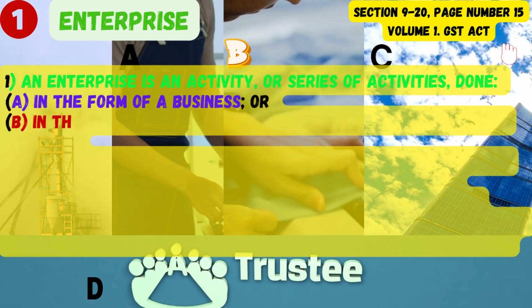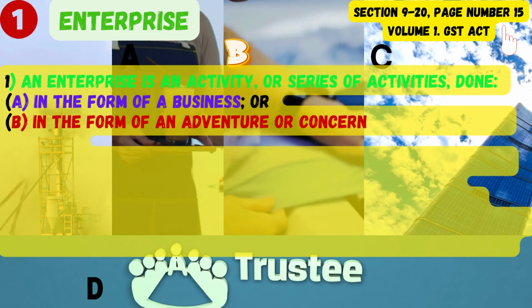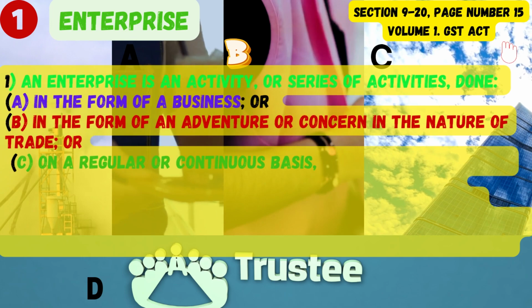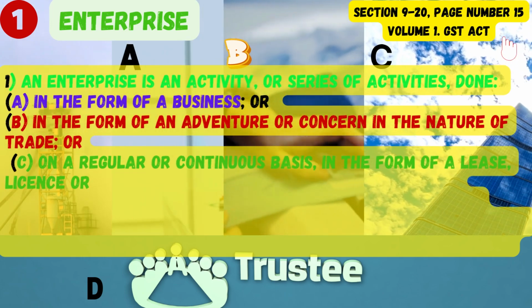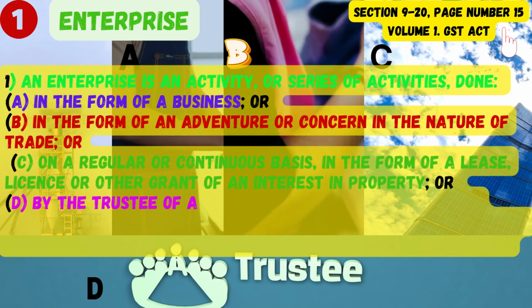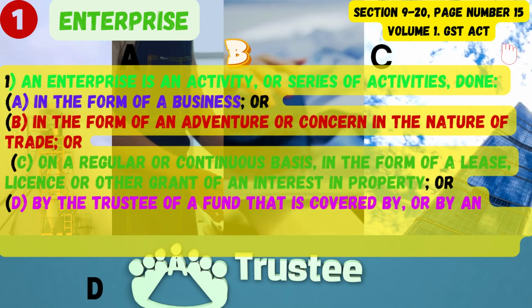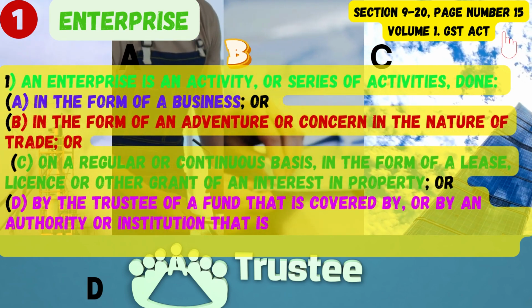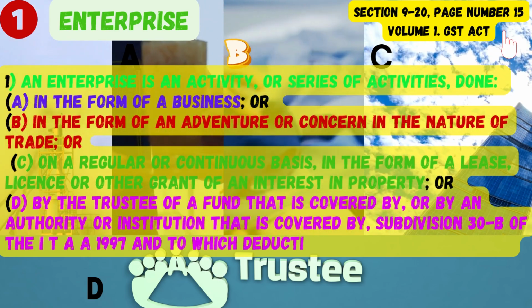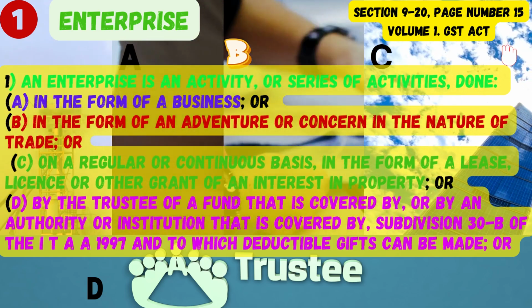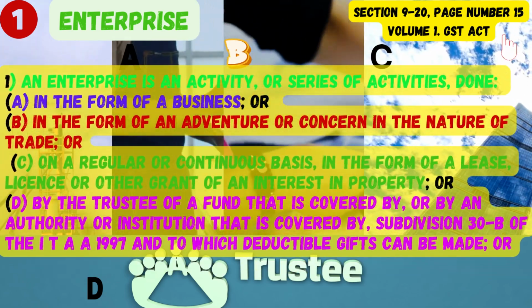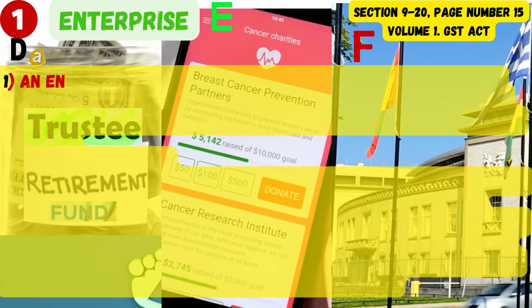In the form of a business, or B. In the form of an adventure or concern in the nature of trade, or C. On a regular or continuous basis, in the form of a lease, license or other grant of an interest in property, or D. By the trustee of a fund that is covered by, or by an authority or institution that is covered by, Subdivision 30B of the ITAA 1997 and to which deductible gifts can be made, or